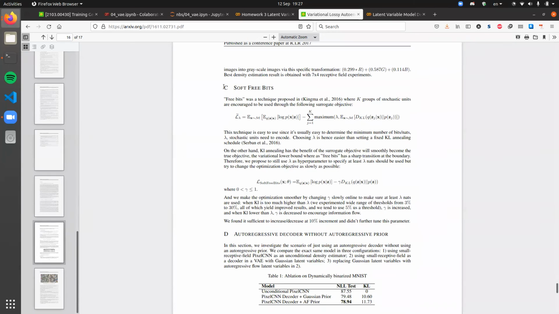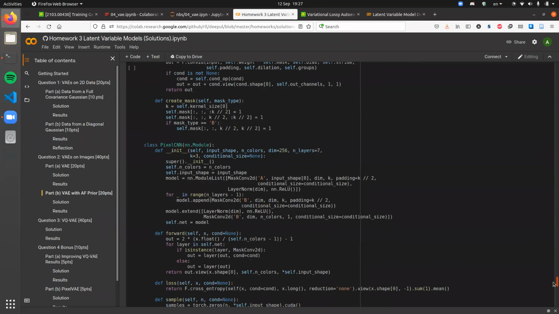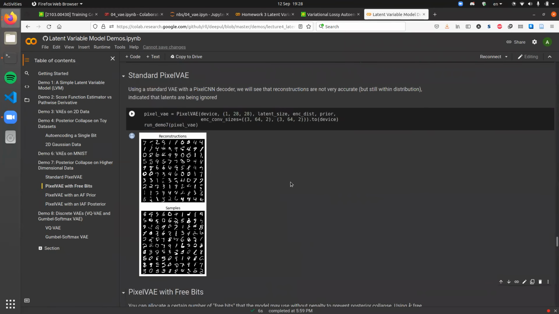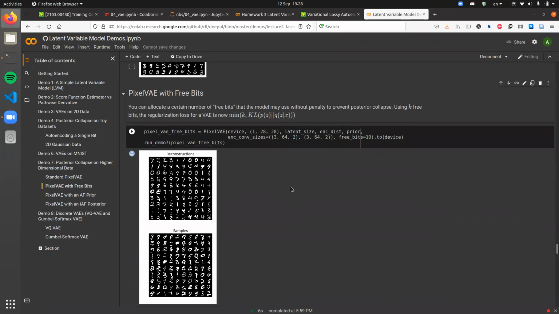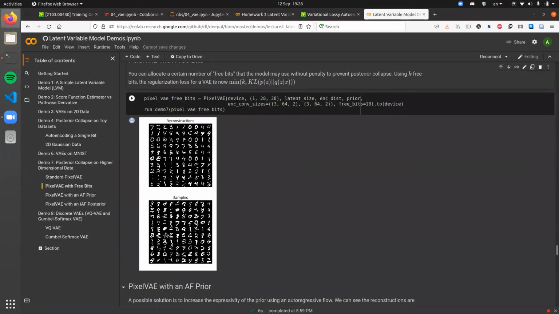Oh, okay, so here they have this soft free bits modification. And if you are interested in it, you can try it out, but the original free bits works as well, and is very easy to understand. It is just some minimum information you can encode in your latent for free. And with that, we can get maybe something better, but yeah, it's really hard to tell judging from what they have